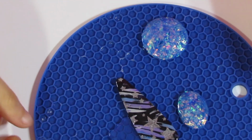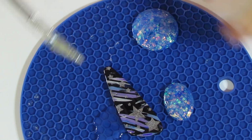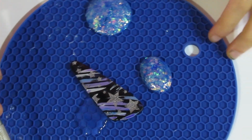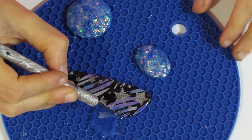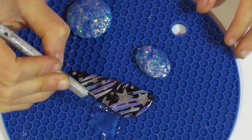Okay, now it has been probably about 6 minutes, I would say. And I just want to show you something. You can stop at 6 minutes as far as this one's spill goes. Just ignore these ones, they're just sitting off to the side here. Now what you can do is you can take a blade, and now if I press on this, hopefully you can see how it is still quite